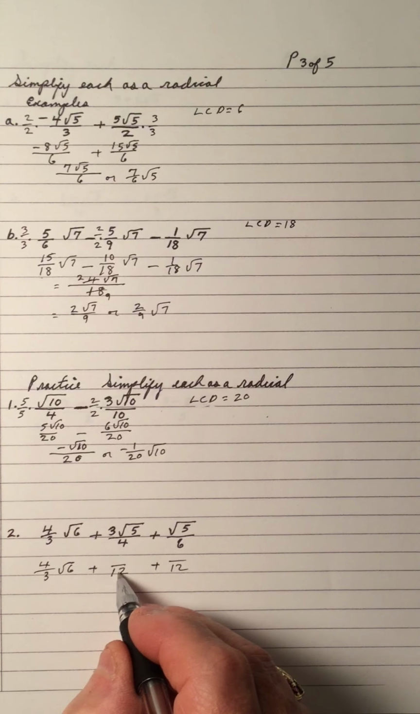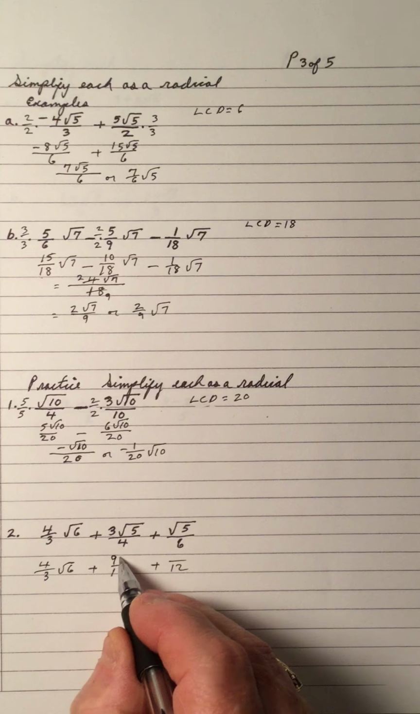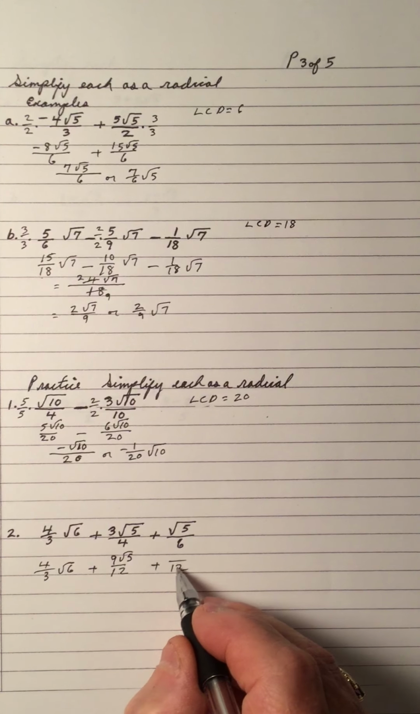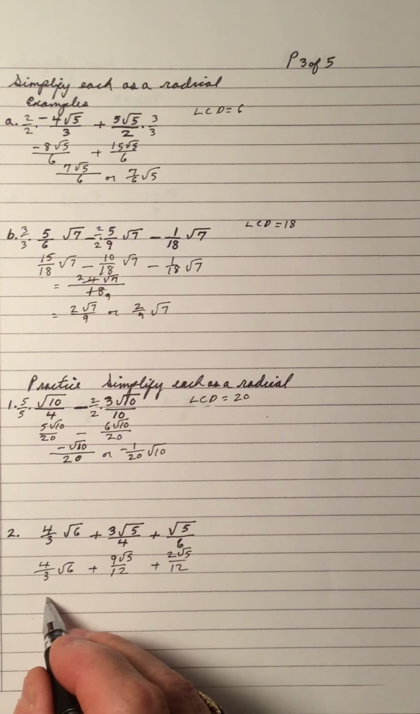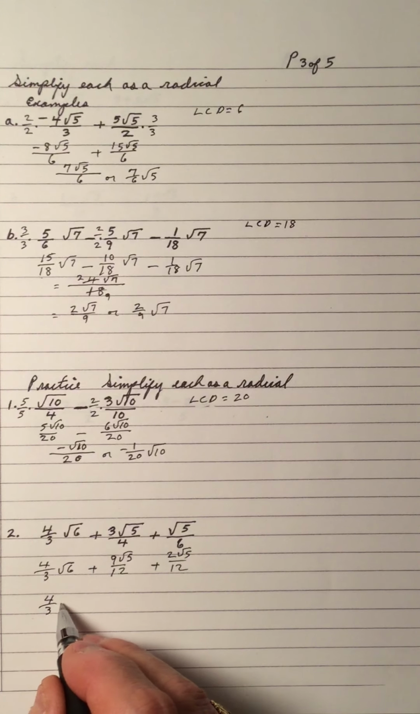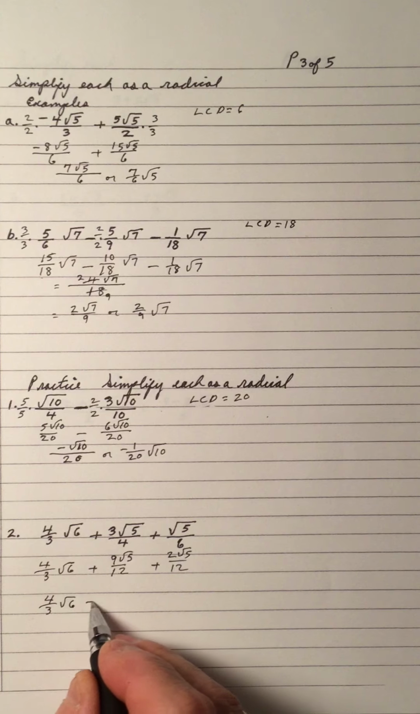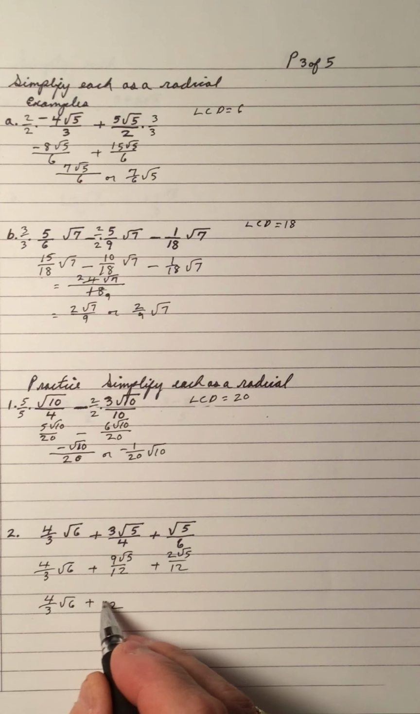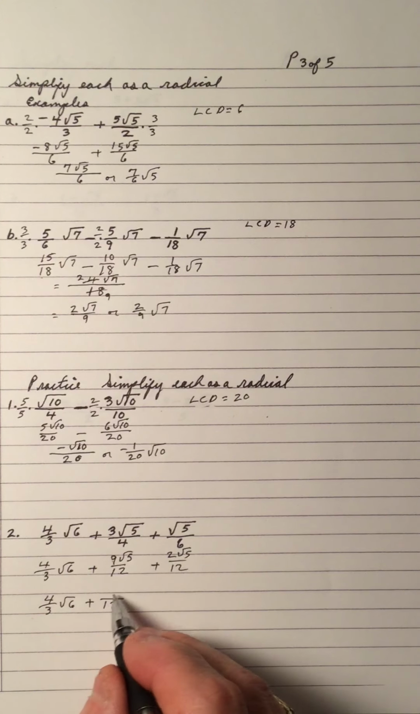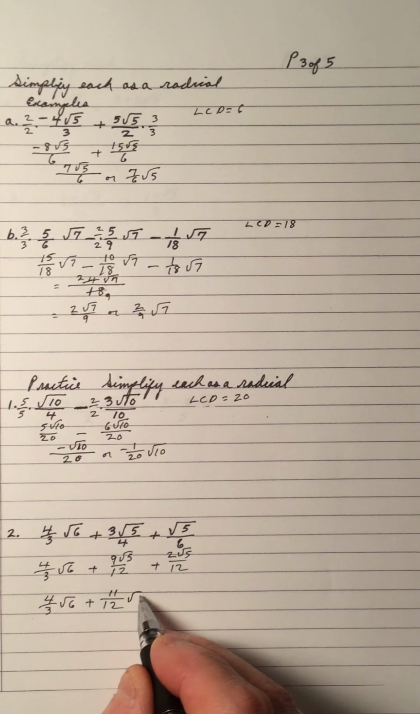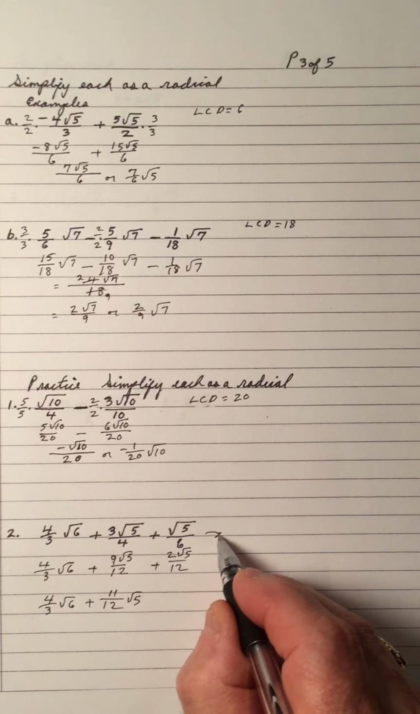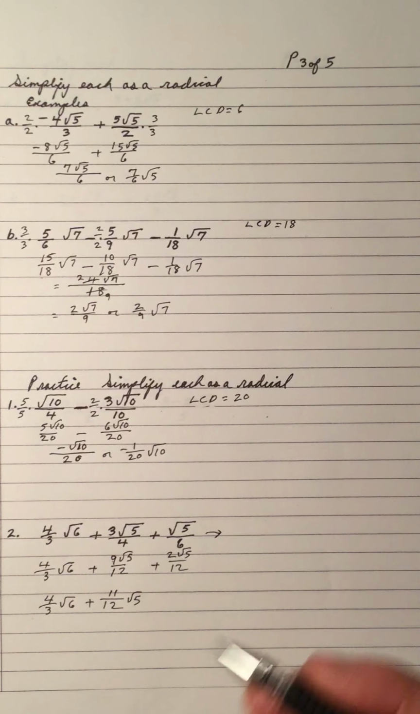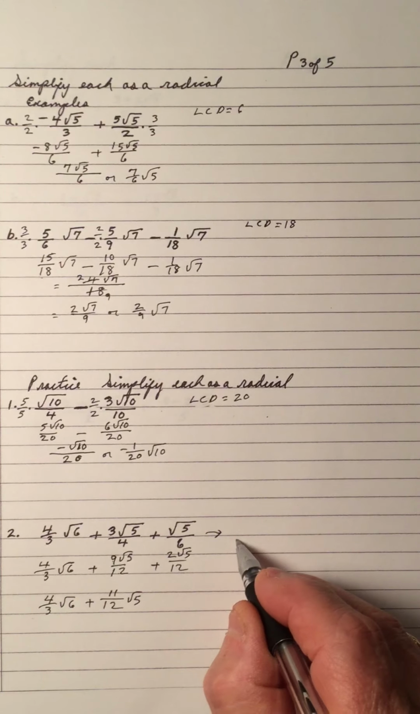So 4 into 12 goes 3. 3 times 3 is 9 root 5. 6 into 12 goes 2. 2 times 1 is 2, so it's 2 root 5. And 4 over 3 root 6. Add on. 12 is a common denominator. So 9 plus 2 is 11. So that's one answer. But if you wanted to put them all with the same denominator, we can go with